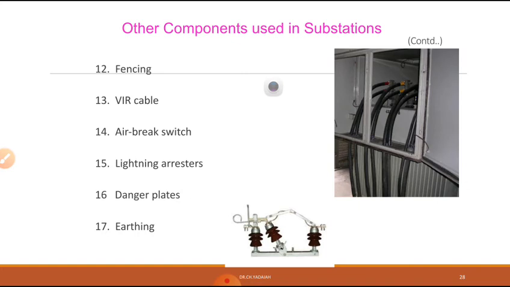And earthing, this is also very important. Earthing is to protect, the non-current carrying metal should be at earthed potential. So we require the earthing. If you observe in DTRs, we are going to get 3 earth pits. In a substation, we are going to use mat earthing. So what is the mat earthing? Already we have seen the earthing system last time. So this is the one thing you have to remember.